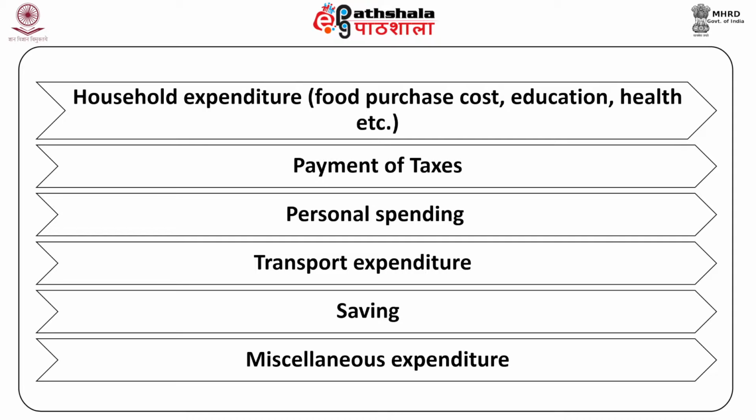Second, payment of taxes. A major part of the income is diverted towards the payment of taxes in different forms, such as income tax and indirect payment of taxes in the form of service taxes, duties, surcharges and cess, custom duties, etc. Third, personal spending. Some portion of the income is spent by an employee on his personal spending preferences based on their individual passions, tastes and preferences.